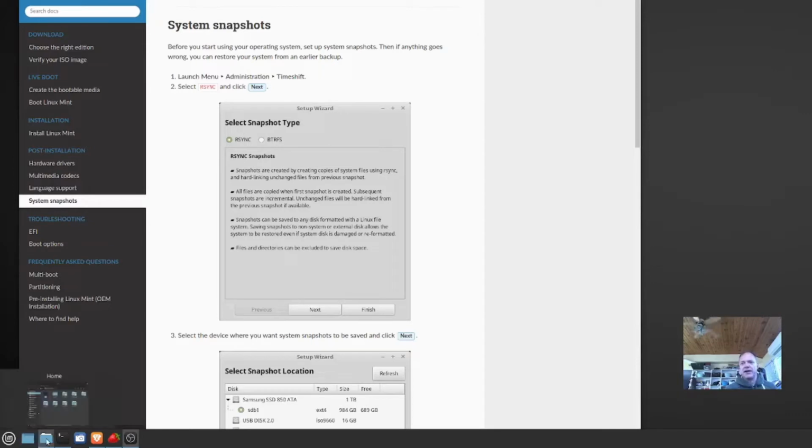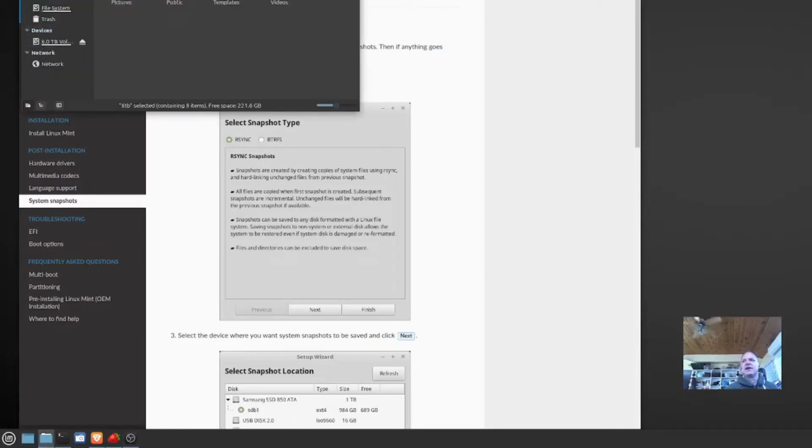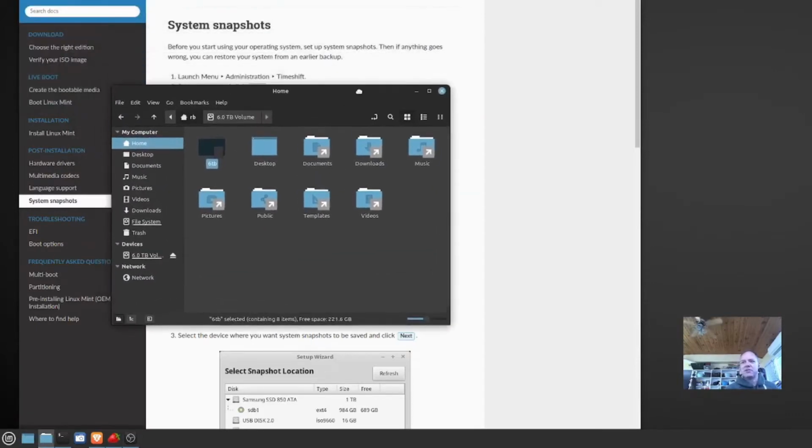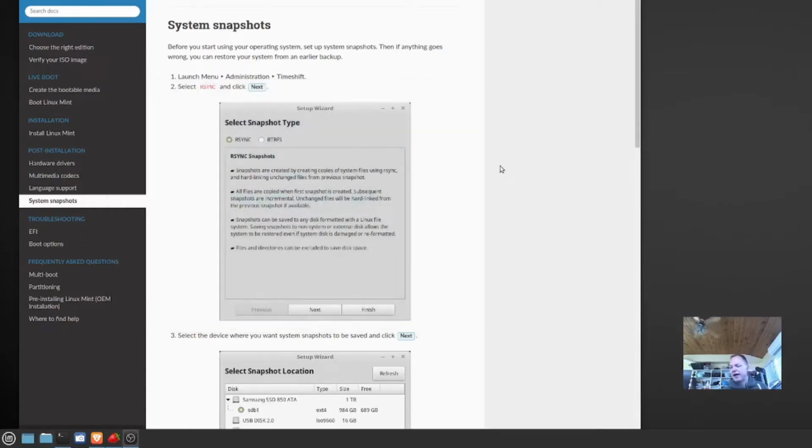Let me pull up a Finder. I'm not on a Mac. Let me pull up a file manager. Right, so I've got this 6 terabyte drive in my system along with my 256 gigabyte SSD system folder that came with this system. So I want to be able to take that 256 gigabyte and Timeshift it or back it up to that 6 terabyte drive, because what I did is, when I put the 6 terabyte